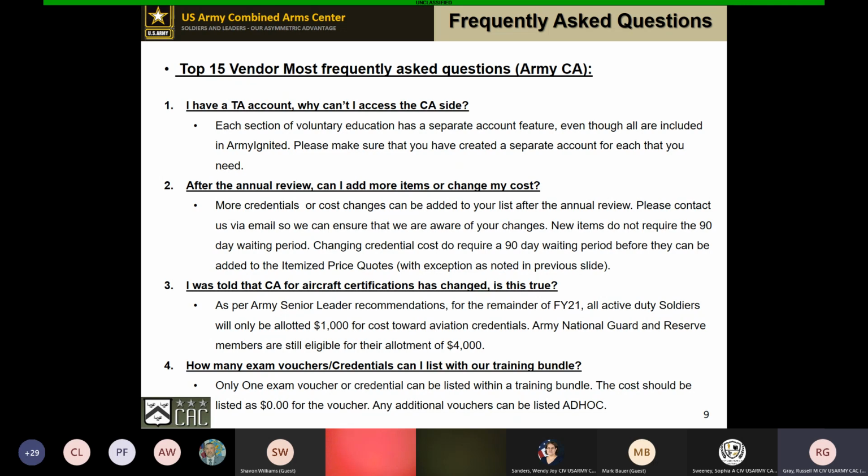So make sure that if you're doing that, and if you're putting an exam voucher on your training bundle, that exam voucher is listed at $0.00. And anything else that's provided by you in that training bundle should also be listed at $0.00. If it's not provided by you and it's not an exam, say you offer a training bundle, but within this, the member is required to have an admin fee or something that's not provided within the training bundle. You can put that down as no, not provided by you, and put the cost as long as it is not an exam voucher.